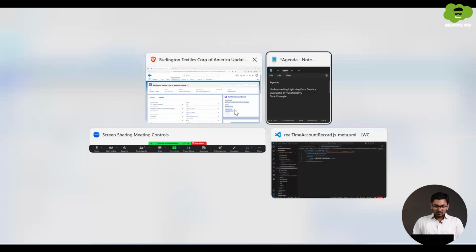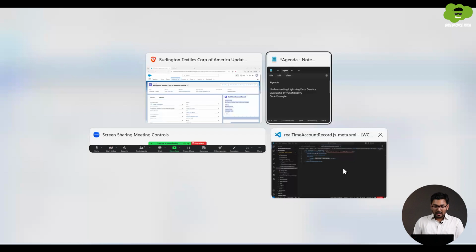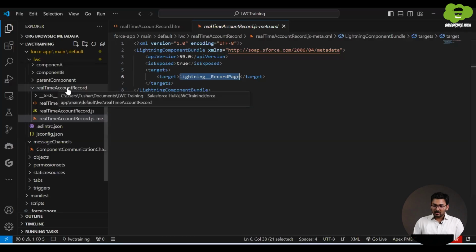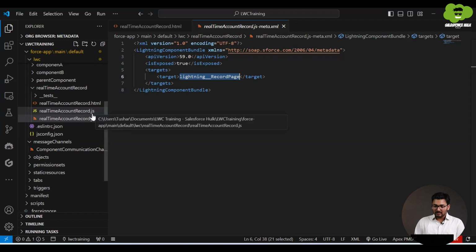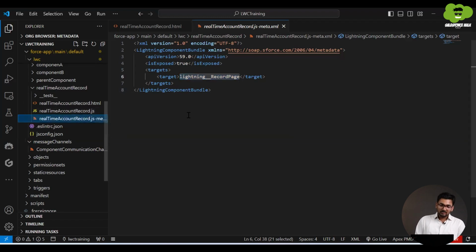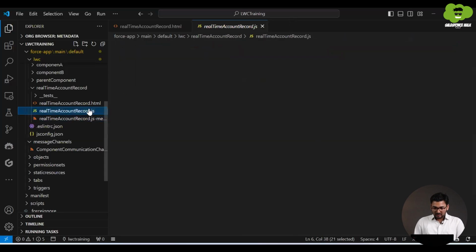This particular component is real-time account record. Here we have the component, which has an HTML file, JS file, and the XML file. In the XML file, the target is set to Lightning record page, so that's why I am able to put it on the record page, right? And then we have this